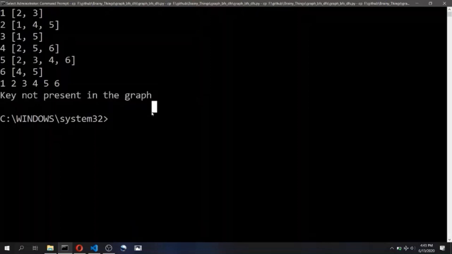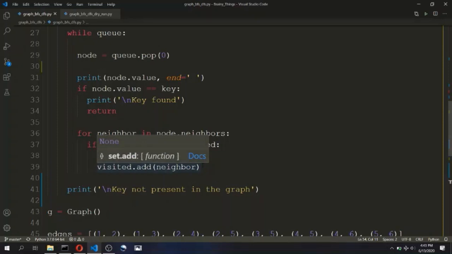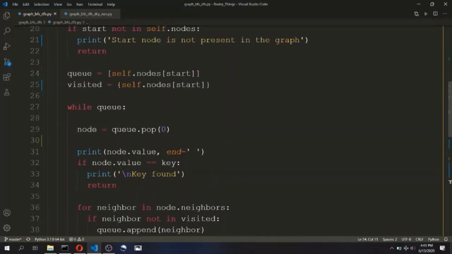So in this way we have completed the breadth-first search algorithm over here. Now, as promised in the introduction, I will change just one number in this code and convert it into DFS code, that is depth first search code. For that, I will use the fact that the data structure used for depth first search is a stack instead of a queue. So, while popping the element, instead of popping the 0th element, I will pop the default value, that is the last element from the queue.